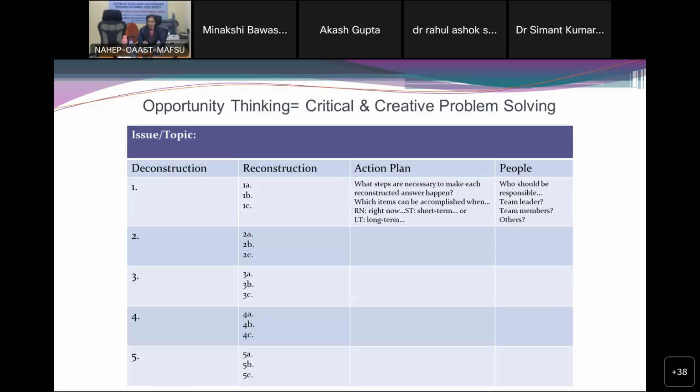Develop it again, understand the problem, उसको break करो. जैसे हमको mathematics में sum दिया जाता था, we used to write down that this is the data given, this is what has been asked, and this is the procedure we should follow to do the calculations. So likewise, deconstruct it and then reconstruct the entire situation, develop the action plan, and see what the people or any other aspect are, or if it is only related to you, how it is going to affect you.